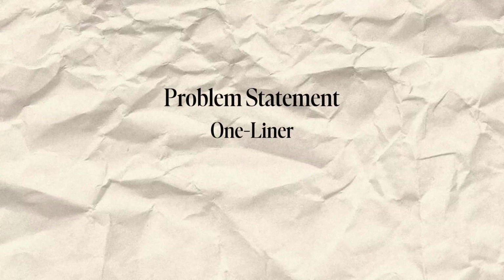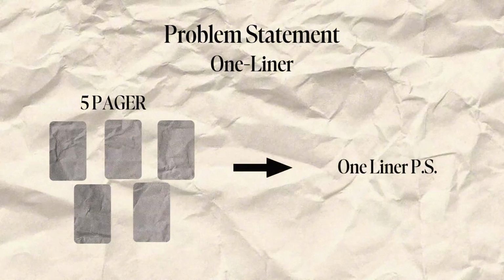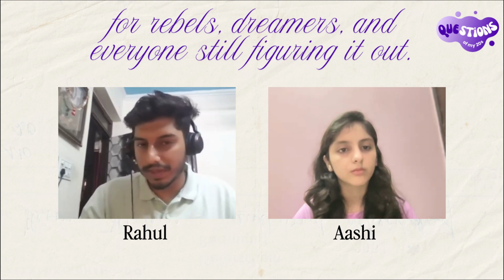Right. So let's say there's a five-pager problem that sales are falling, cost is rising, this is there, that is there, and it's an FMCG brand. It all boils down to how can we reduce the cost and how can we increase the revenue. So how to increase profitability via supply chain. How did I know via supply chain? I found out by reading the case. So this is a problem statement.